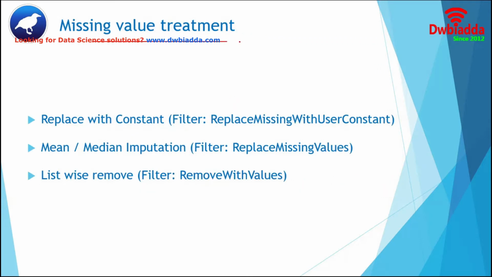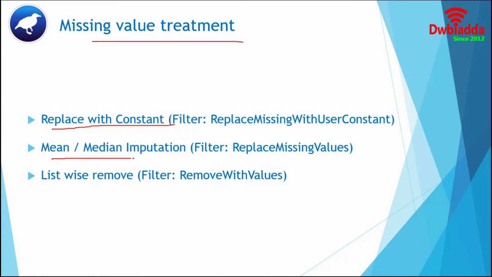Now, missing value treatment. We cannot treat all missing values using the same method. We are going to explain different methods one by one. First one is replace with constant. Suppose one of our nominal data columns contains missing values. This attribute has only two classes and class 1 contains 90% of the data. So in this specific scenario, we can replace the missing values by the constant value of class 1.